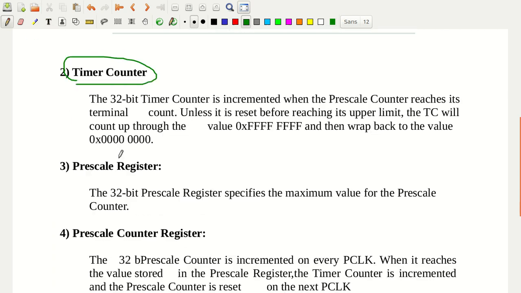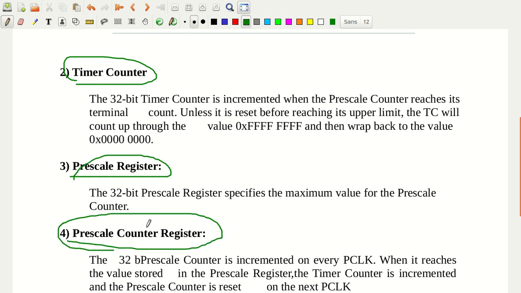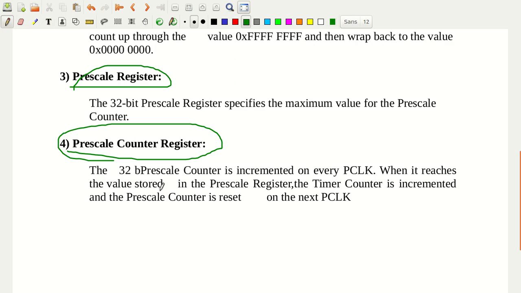Next you have the timer counter. Before I study the timer counter, we shall look into the prescale register and prescale counter. The prescale register is a 32-bit register. It specifies the maximum value for the prescale counter. This 32-bit prescale counter gets incremented on every PCLK.